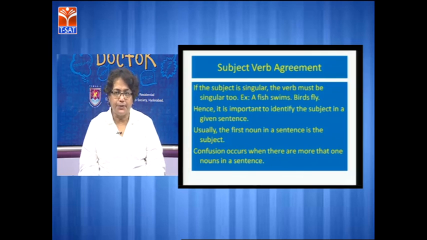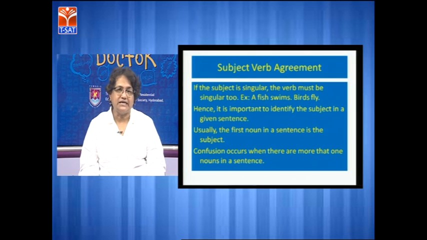And before we go into the subject-verb agreement and the situations and the scope of confusion that this particular concept offers in day-to-day speech, let us understand one thing: the subject-verb agreement is in force in the simple present tense, present perfect tense and the present continuous tense. In the past tense, however, you don't have to really bother about the subject being singular or plural. Okay. Now let us go deep into this concept.